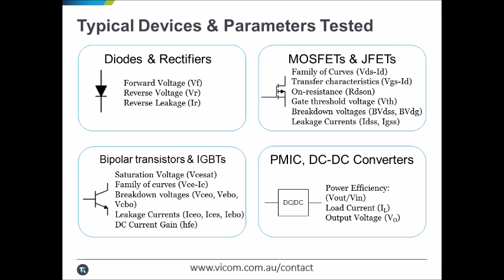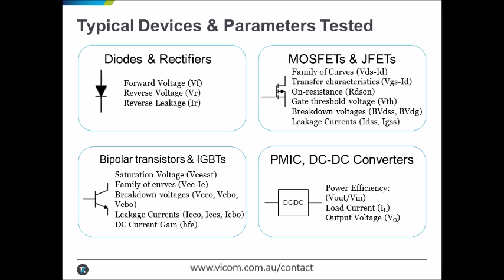Many different semiconductor components are used in a single design. Components are routinely characterized to extract specific parameters so that the components the designer wants to use can be properly selected. For diodes, rectifiers, transistors, buck and boost DC to DC converters, some of the typical characterization and selection parameters